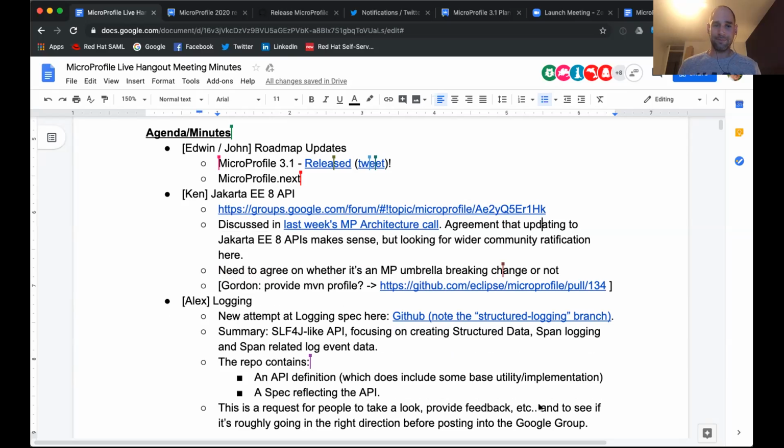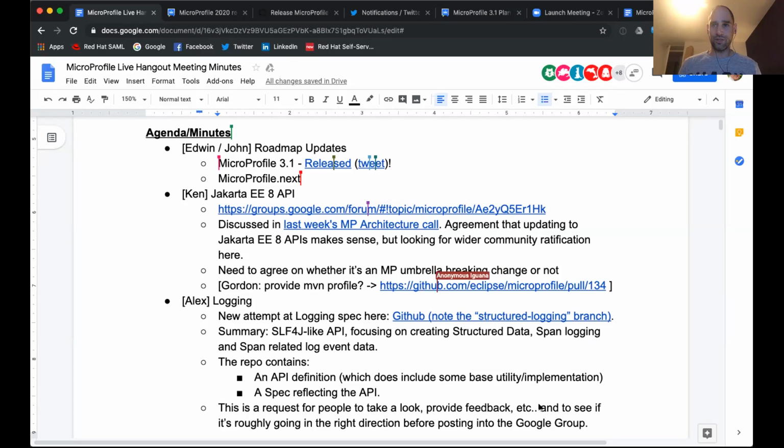We can have as many as we want, but for now we're presuming we would have no more than one a year as a goal. But extenuating circumstances, we can always have more if we so choose. Yeah, and I just replied to the thread in the Google group saying June is the release where we agreed to do that, but, to Ken's point, that's set in jello. We will release as we need to based on external factors or spec availability. If we have a bunch of specs ready to do a major release, maybe we'll rethink that. But anyway, sorry, go ahead, Edwin.